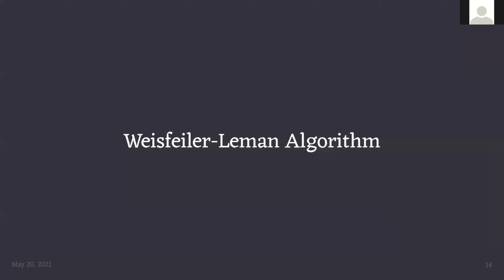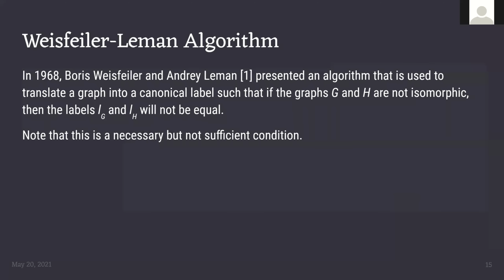Okay. And then I'm going to move on to this algorithm normally known as the Weisfeiler-Lehman algorithm, which is the one most commonly used for graph isomorphism. It was originally presented in the late 60s by two scientists from the USSR, which published a paper that is available online. It is in Russian, but there is an English translation available. And the main contribution of this paper is